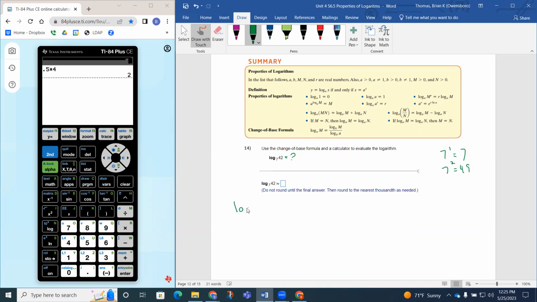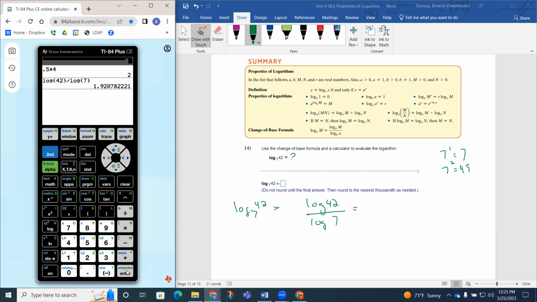So the log of 42 base 7, if I'm using the common log, I can write it as the log of 42 over the log of 7. So notice that the m becomes the numerator and the a becomes the denominator, what we're taking the log of. So if I type in the log of 42 divided by the log of 7, hit enter, notice that gives